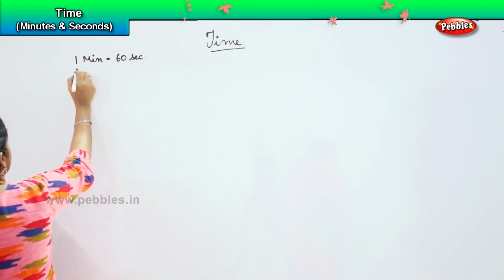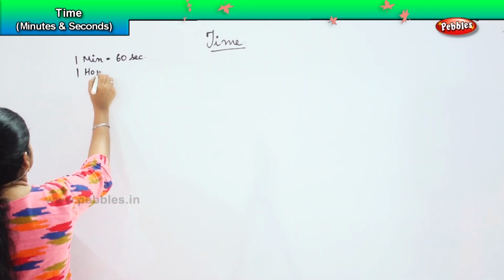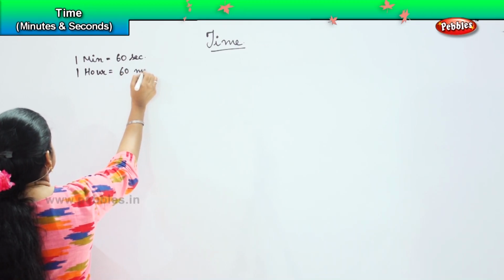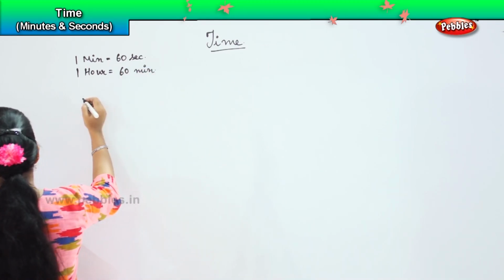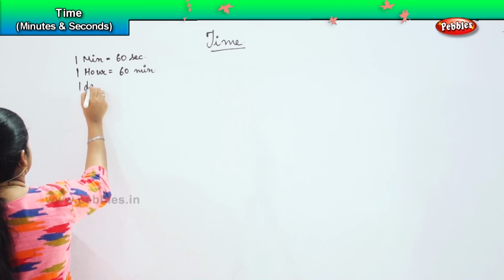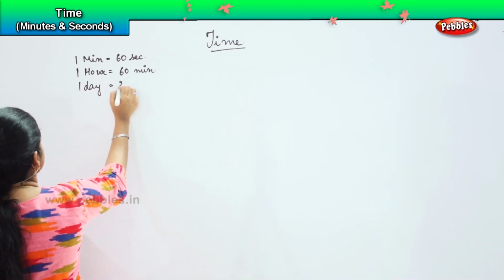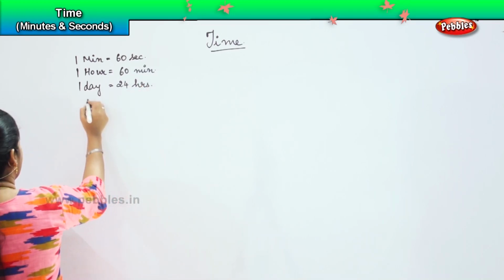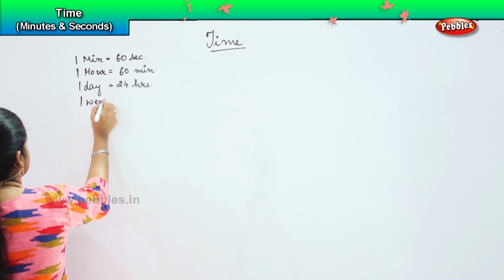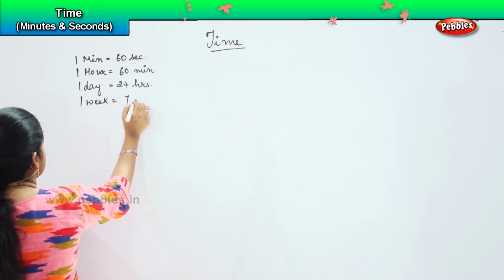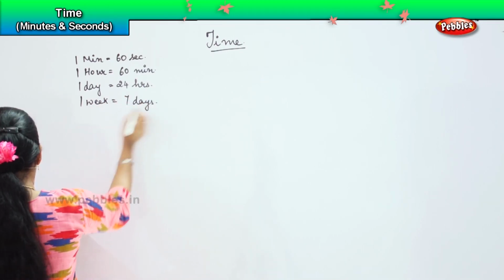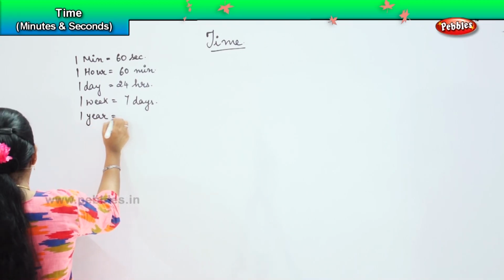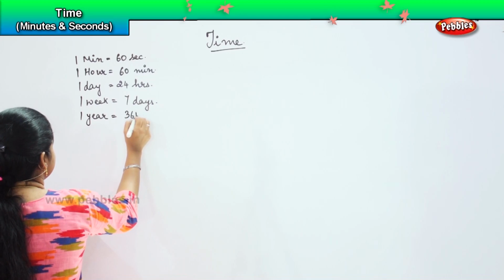Okay. 1 hour gives me 60 minutes. 1 day gives me 24 hours. 1 week gives me 7 days. 1 year gives me 365 days,